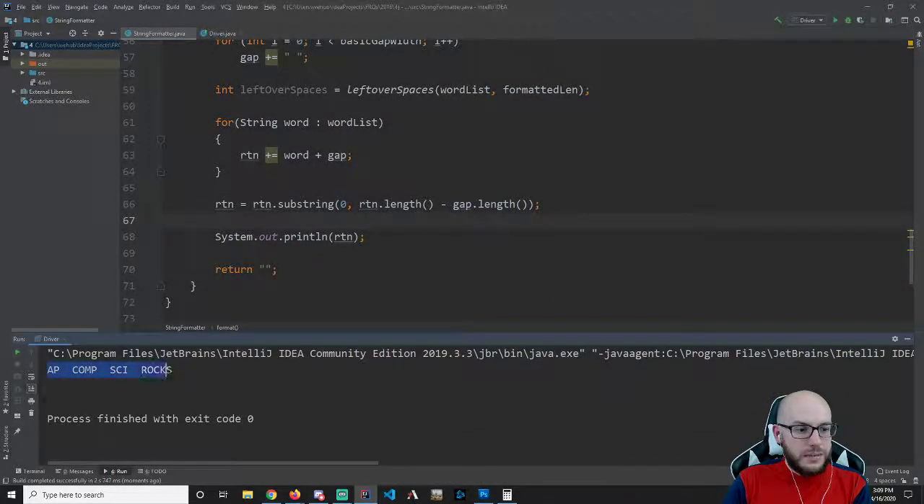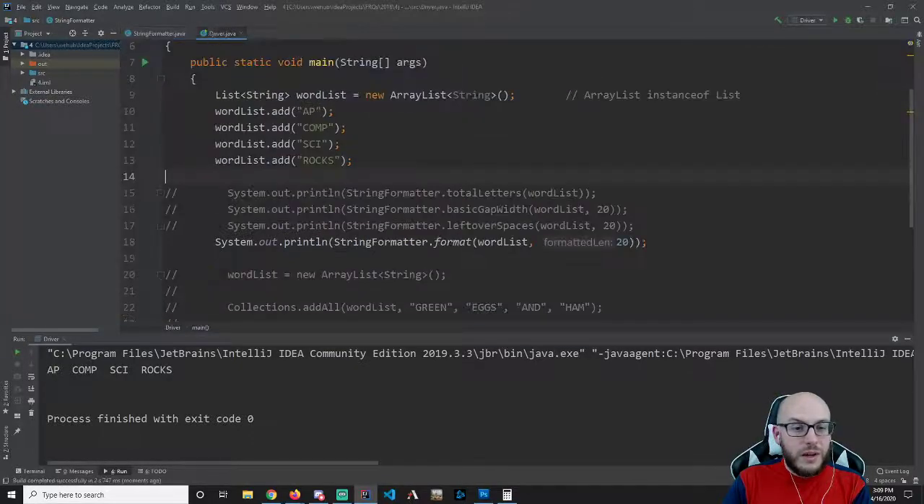So I got AP comp sci rocks. It looks pretty good. You'll notice I can't actually highlight there. So this got rid of the last 2 spaces. This is my preferred approach, to do the rollback. Now all we got to do is handle the leftover spaces, because if I flip to example 2,